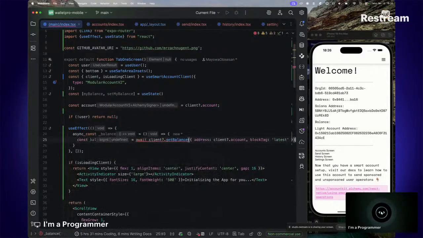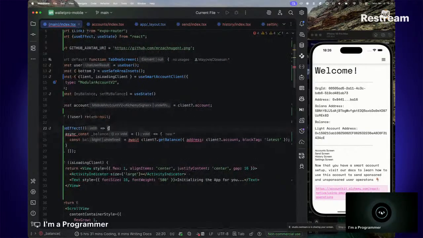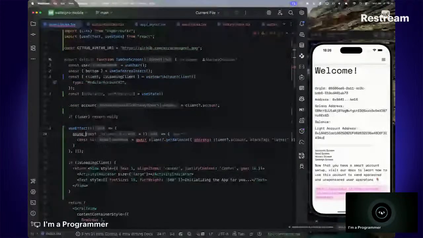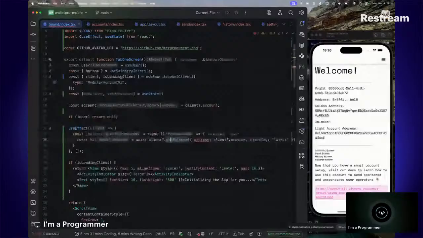I know the names are not well written, but just bear with what I'm doing here. So I'm going to use this const, this async. What did I write before? We have